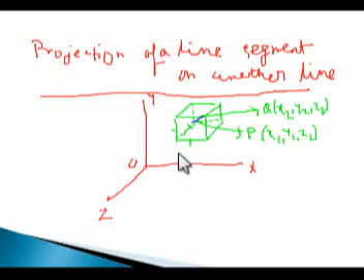So how can we calculate the projection of PQ on another line? First we have to find out the projection. So how can we use this to calculate the projection on another line? We have to first take its projection on the Cartesian axes, PQ's projection on the Cartesian axes.